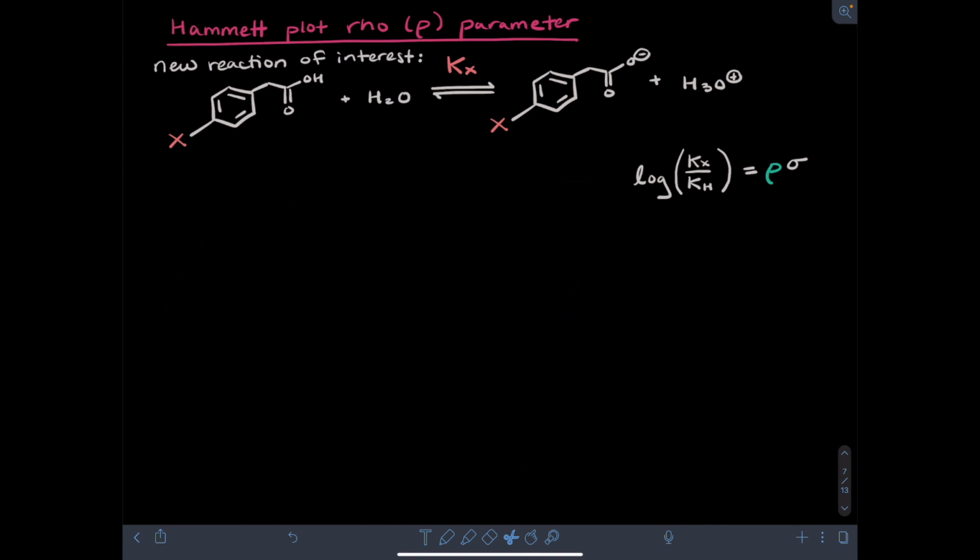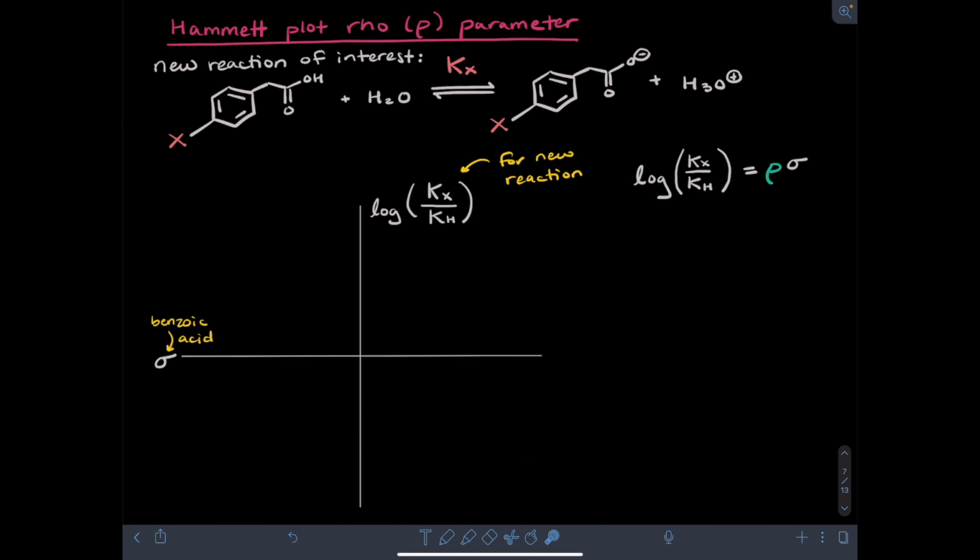For the new reaction of interest, we're going to use an equation where the log of the ratio of equilibrium constants for X over hydrogen is equal to a parameter I'll call rho times sigma. What you would do is plot your values for the log of the equilibrium constants for your new reaction versus the sigma values for benzoic acid. Here I'm imagining those 5 data points from my 5 experiments from the previous page. I would fit this data to a line